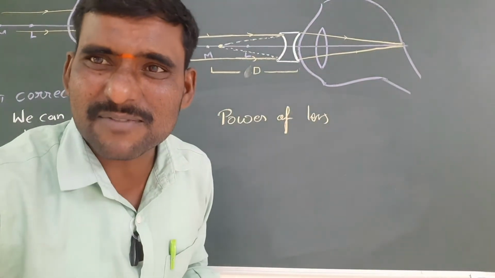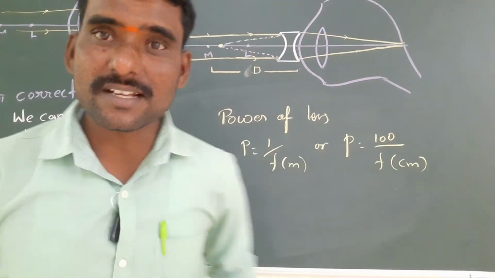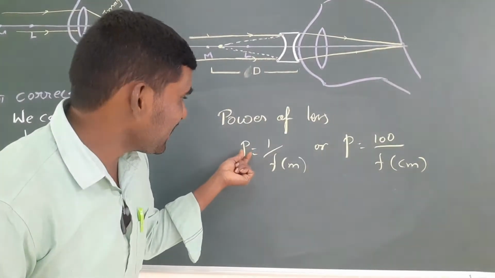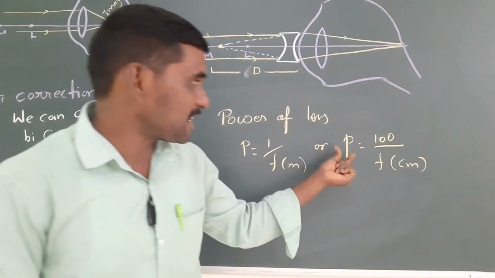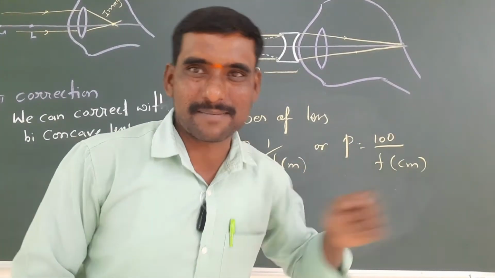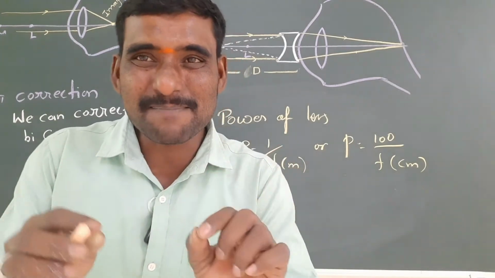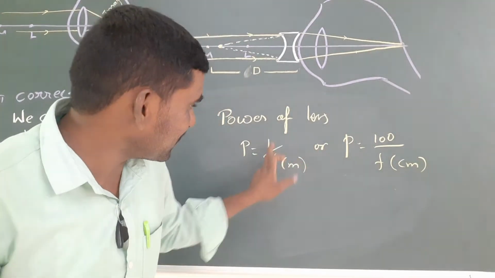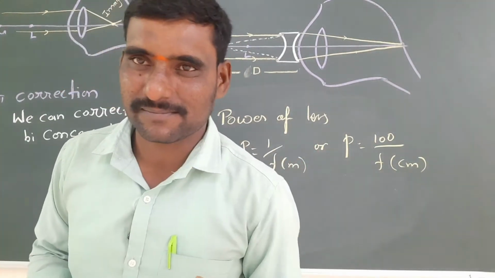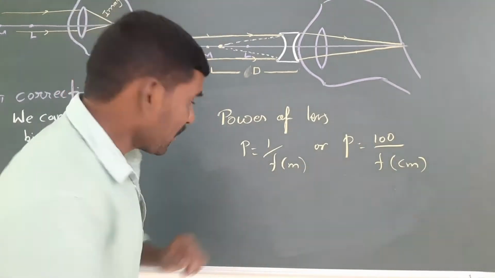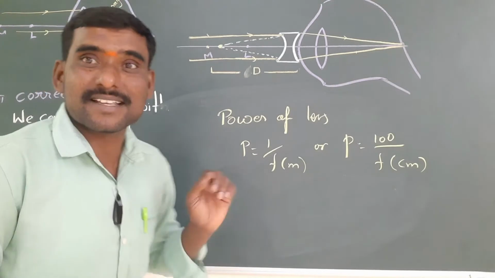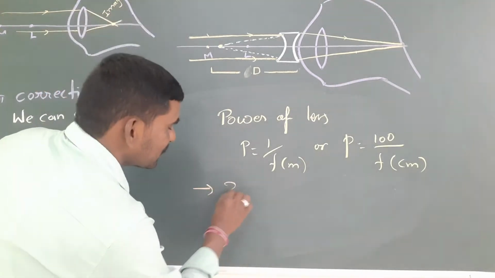Power of a lens I can find very easily. The formula: power P is equal to 1 by F, with F in meters, or P equal to 100 by F with F in centimeters. Power means the reciprocal of focal length. The reciprocal of focal length is called power, for any lens. Now, for example, the doctor has given me